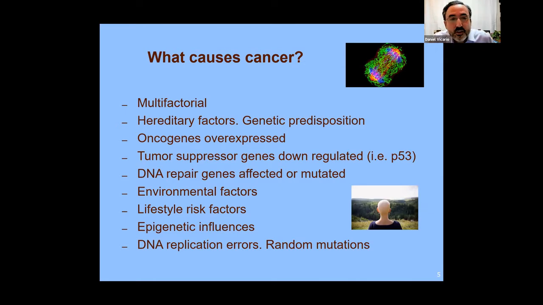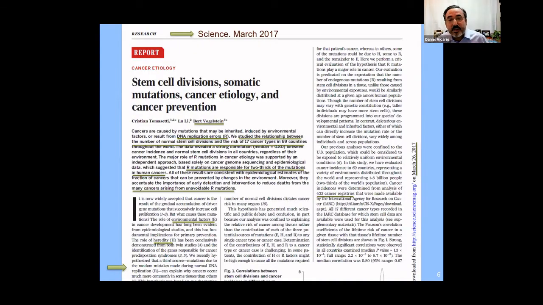So this is a really good article that I would recommend having available from Science, March 2017. One of the authors is Dr. Bert Vogelstein, a very, very well-respected medical oncologist. They studied the relationship between the number of normal stem cell divisions and the risk of 17 cancers in 69 countries, with information from 423 cancer registries, and found that random mutations are responsible for 2/3 of mutations in